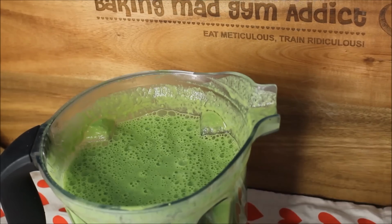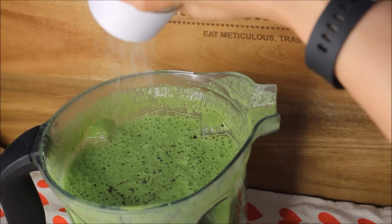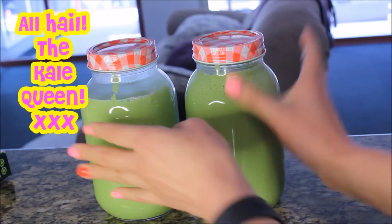After about 7 minutes of blending in the Vitamix blender, your soup will be nice and warm, so just season it with some salt and pepper, and then that's ready to be stored in some mason jars for you to eat during the week. I loved reheating this delicious soup to make it nice and warm,